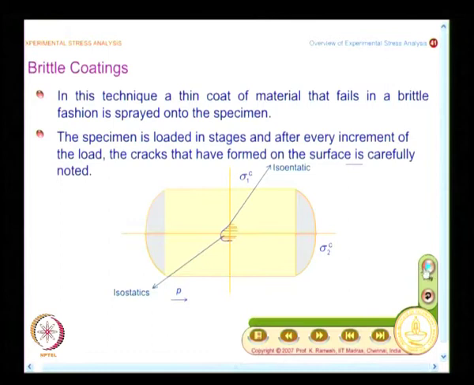There are recommendations that you should do this in 5 minutes time, because you are having a coating, and the coating should not creep. So, you maintain the load at the given pressure, go quickly mark the crack, come back and repeat the load, repeat the experiment. So, what I will do is, I will increase the load, I will increase the pressure, that is what you will see here.